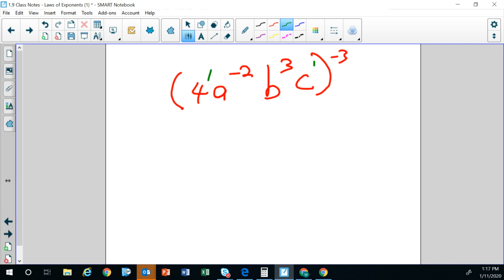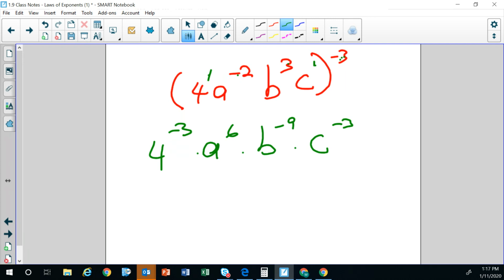Now I can distribute. That's going to give me 4 to the power of 1 times negative 3, which is negative 3, times A. Negative 2 times negative 3 is a positive 6, times B. 3 times negative 3 is negative 9, times C. And 1 times negative 3 is negative 3. Okay, now